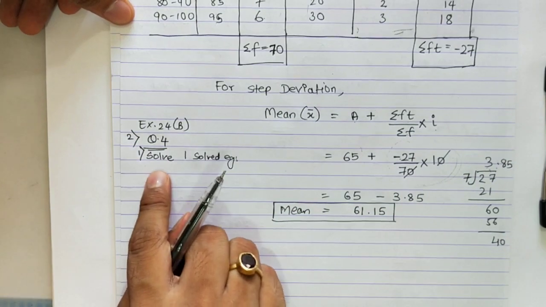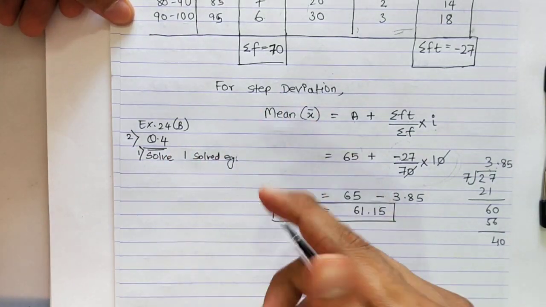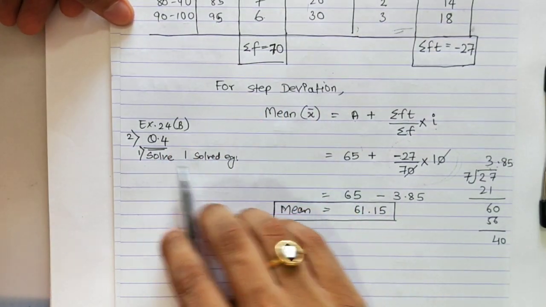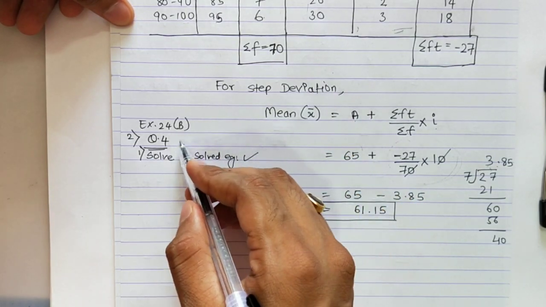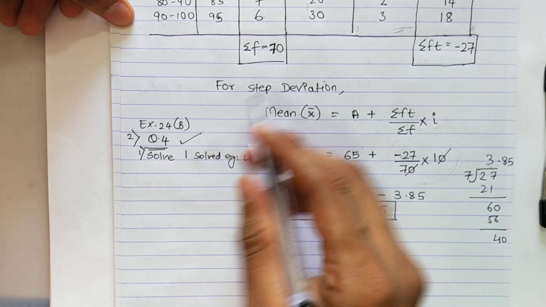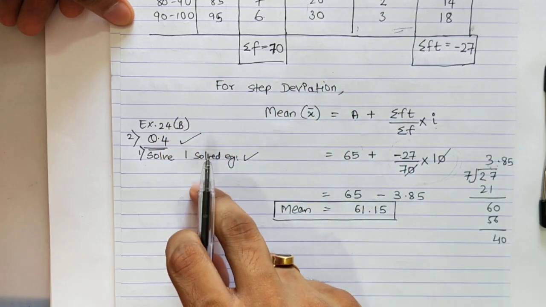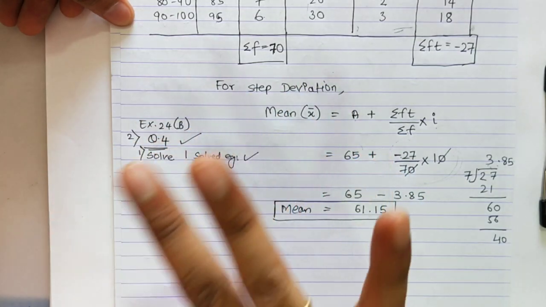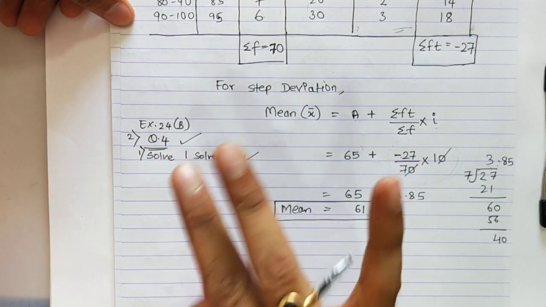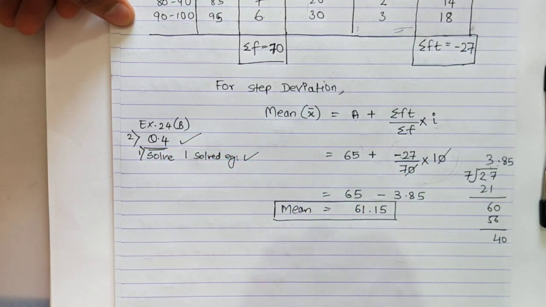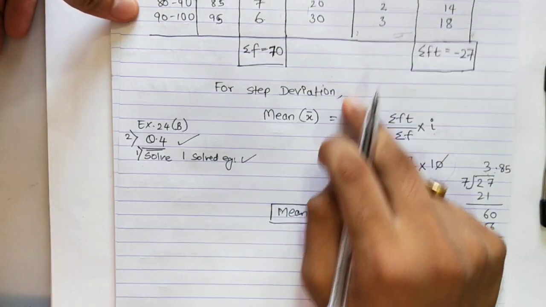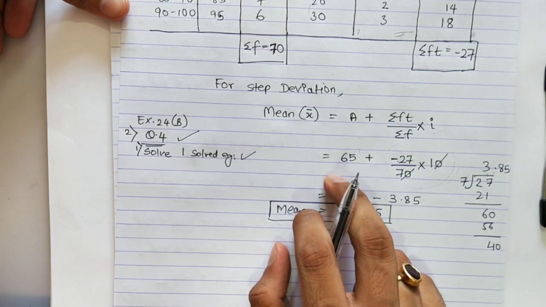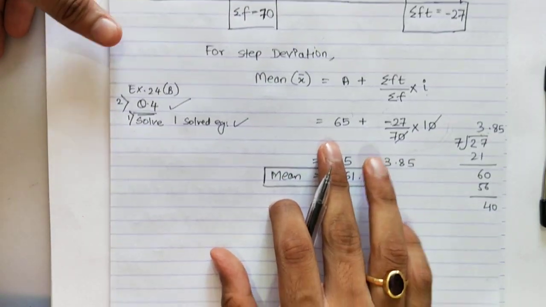Why the solved example? So that you can check your calculations, because you are doing it for the first time. You can check your calculations again and again. Do this, then do question number 4 for practice, and this sum. So these 3 sums, you should practice at least 3 sums of step deviation before attending the next video lecture. Okay, be honest with yourself, practice, it is very important, and don't think that once you know the steps you'll be able to do it later. You will forget. If you don't practice, you will forget.